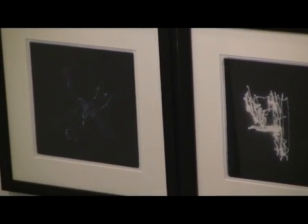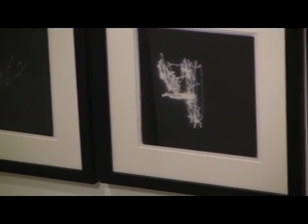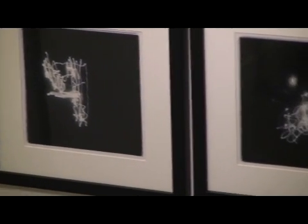What they are is essentially long exposure photographs using the moon as a light source. I kind of figured out doing this about 5 years ago when I was in Canmore at my parents' place, and we went out late one night and I was lying on my back in a field staring at the sky, and it was a full moon, because you can see the stars amazing from